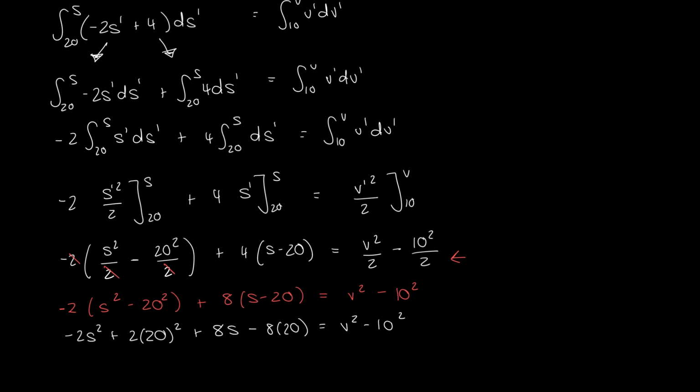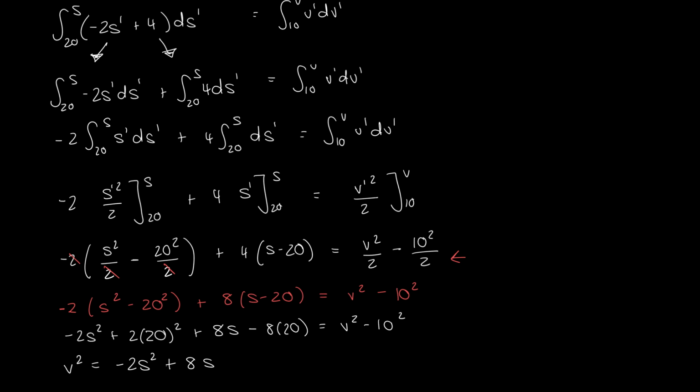And we want v as the subject of the formula because remember the whole goal of this was to find an equation for v where v is a subject of s. So we want v by itself. So we want v squared minus 2s squared. I'm putting all the things connected to s first. So we're going to have that